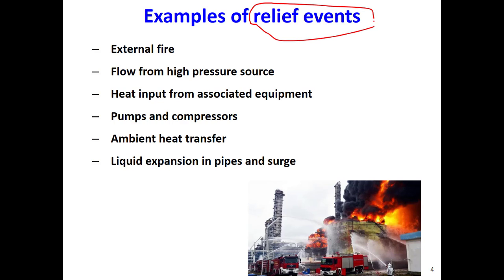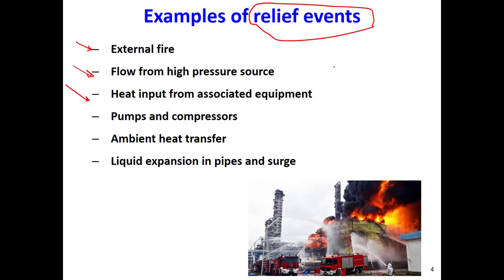Relief event means relieving the pressure. We need to just discharge or purge the pressure from the system. As I said, external fire. If we have a flow from a high pressure source, let's say we have a high pressure tank or a column that is working at high pressure, there might be some heat input to a piece of equipment. Let's say you have a storage tank. For any reason there will be an increase in the temperature of that tank, or there will be one heat input to that. Let's say the heater of that tank or the cooling system of that tank fails, so the heat will be added, or there will be an increase in temperature.